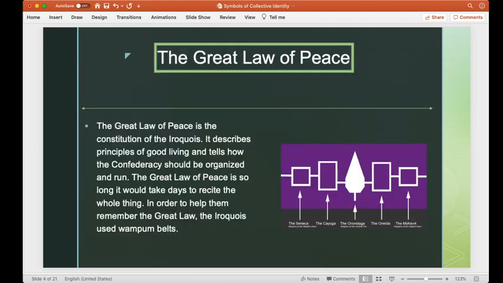The first thing we've got to do is review the Great Law of Peace. We talked about this before, but basically it's the Constitution, the law book, the rule book. It guides the Iroquois people about how to live. When the Peacemaker